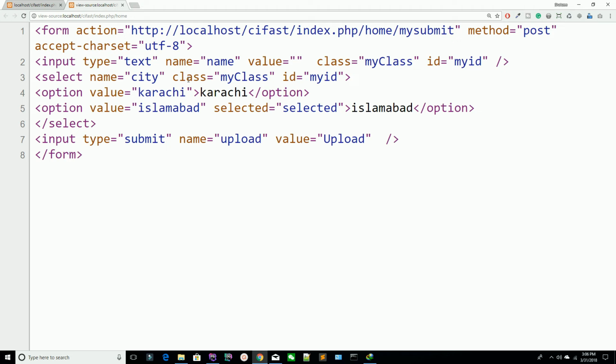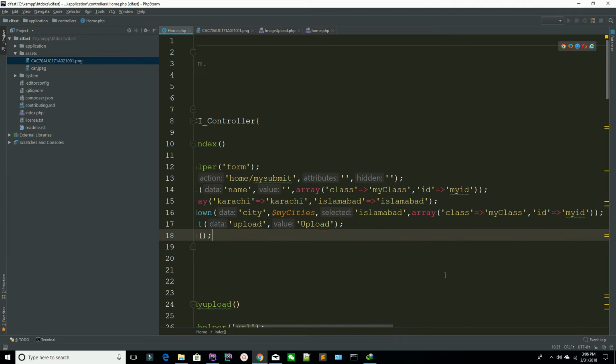You can see you are saying my class and my ID. In this way you can define your forms, or you can create your forms. And now